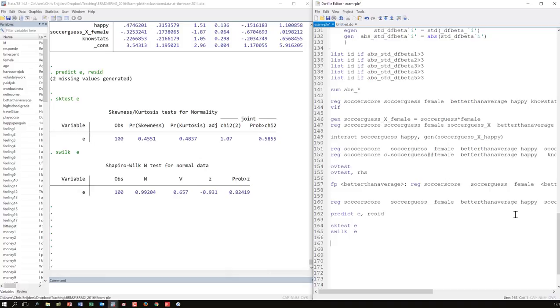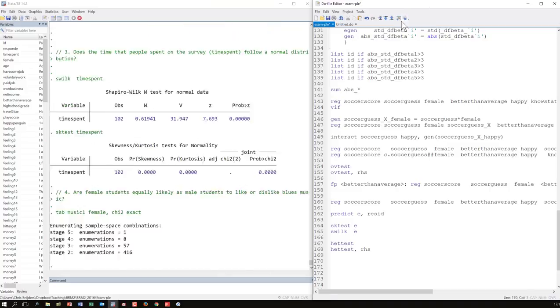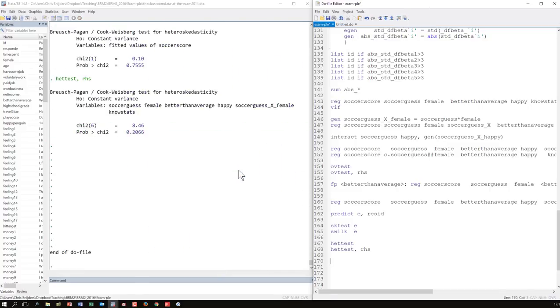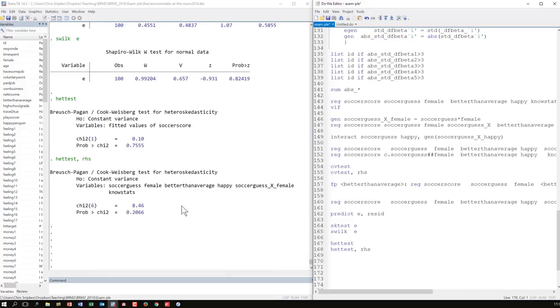Heteroscedasticity, or actually I'm testing for homoscedasticity here. Hettest and hettest right hand side. Let's see. Also, fine. Can look at the plots as well. See if that helps me.